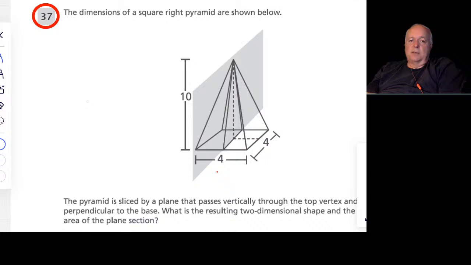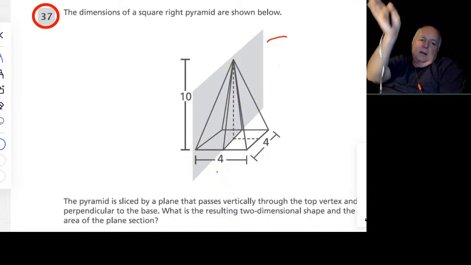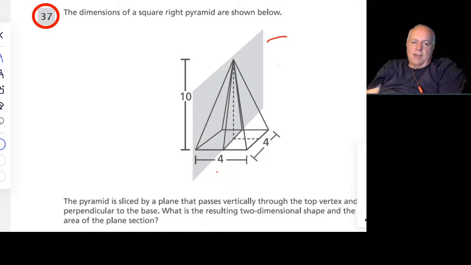Okay. Now there's something funny that's happening. There's this gray shaded thingy here. And what that means is they're trying to show you a surface view of it. If that was like a giant cutter, a guillotine or something, where it's going to come through the top at the apex of the pyramid here and slice through down through the middle. I'm assuming that this ends up being 2 here and this 2 here. Okay. And assuming they're showing the dotted line here because the surface of that grayish thing is probably making a right angle with everything along that